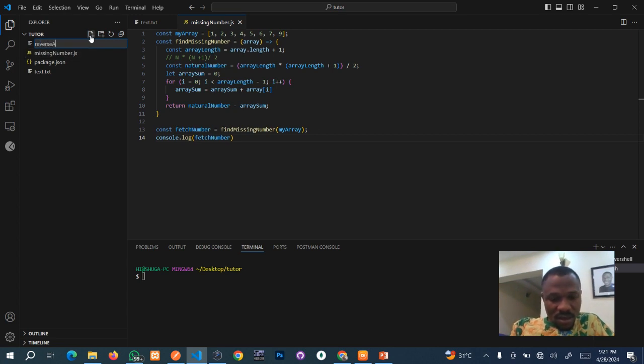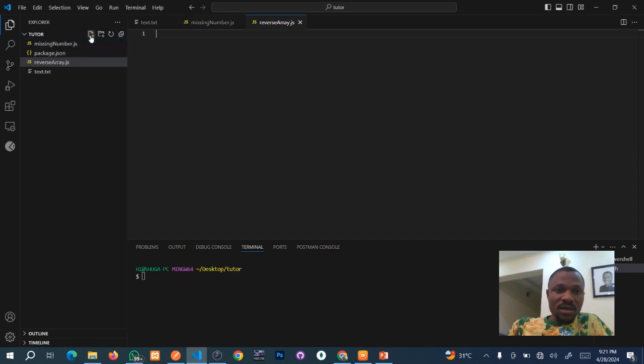reverse array.js. So we're going to create, okay, let's create our array. Let's do an array of fruits. So const array fruit equals to